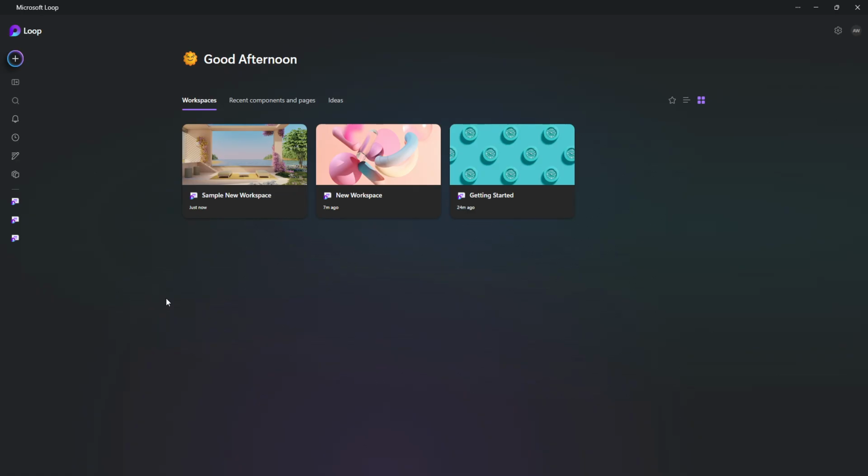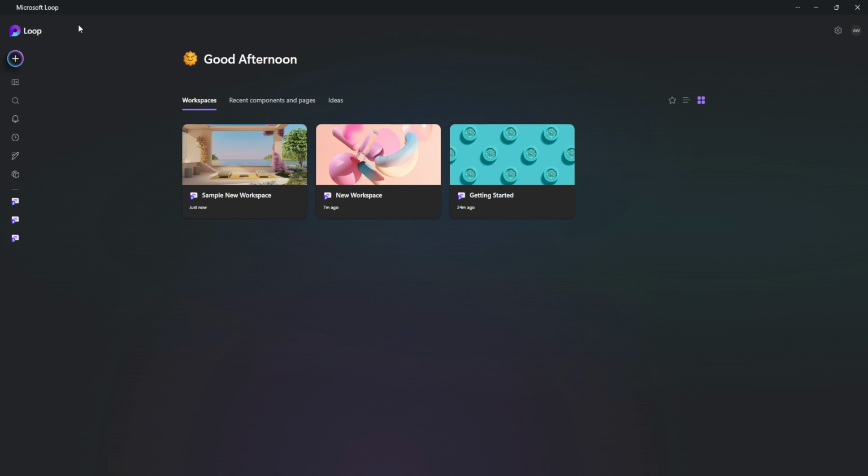Let's start by opening Microsoft Loop. You can do this either from your browser by going to the Loop web app or by using the Loop app if you have it installed. Make sure you're signed in with the correct account, especially if you use more than one work or personal account. Deleting a workspace affects everything in that specific workspace, so you want to be absolutely sure you're in the right